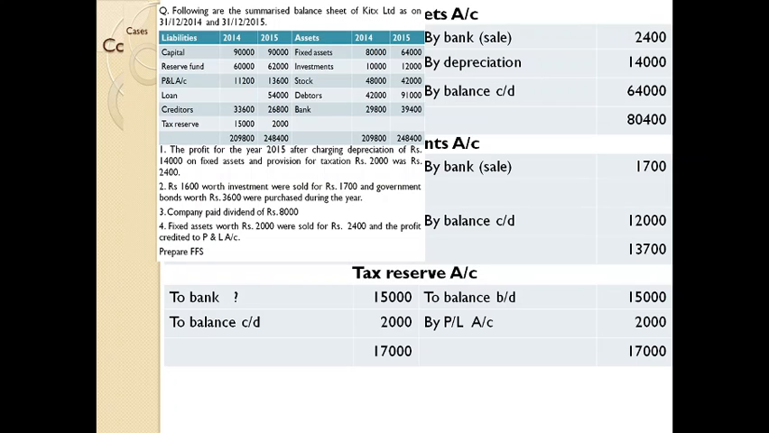And we have prepared almost all the details. And remember one more additional information. Company paid dividend 8,000. Since there are no details regarding opening balance as well as closing balance of dividend, you need not prepare another account. So we have prepared almost all the accounts. Now let us prepare